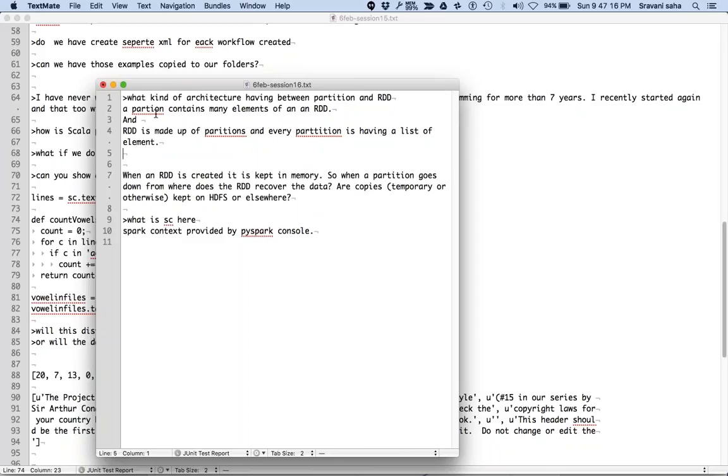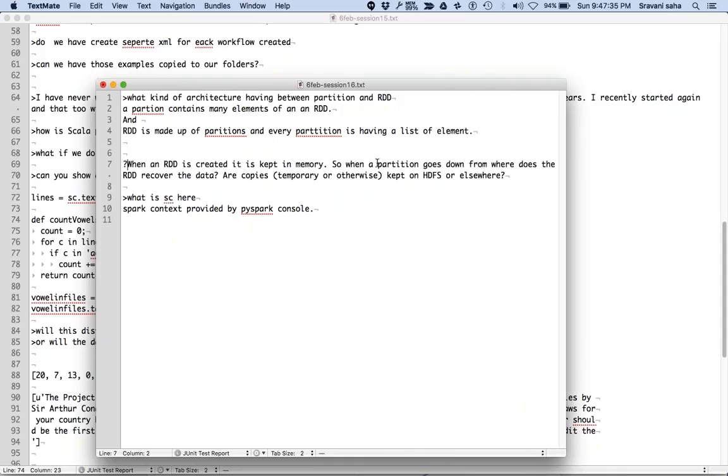So you can think of an RDD as a big list where some elements of this list are on one computer, which is called a partition, and some elements are on another computer, and that's called another partition. Does it make sense? Is that what you're looking for, Ashok?